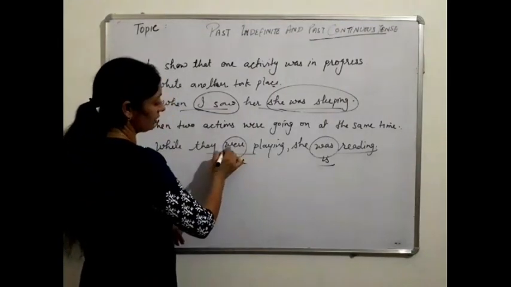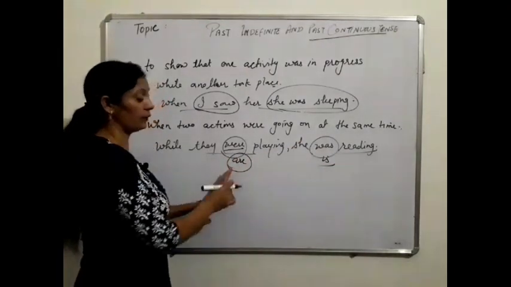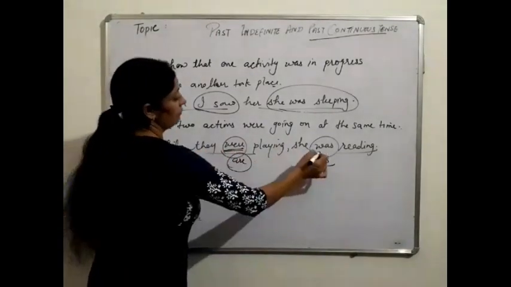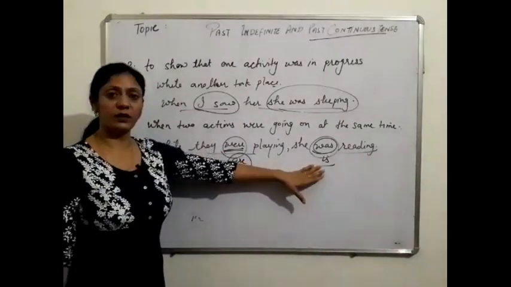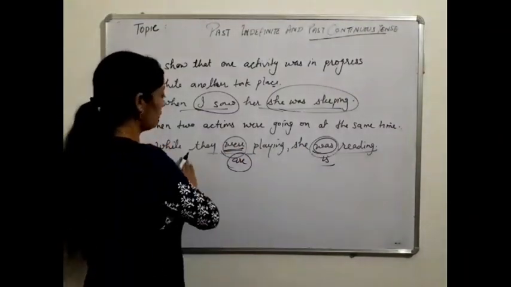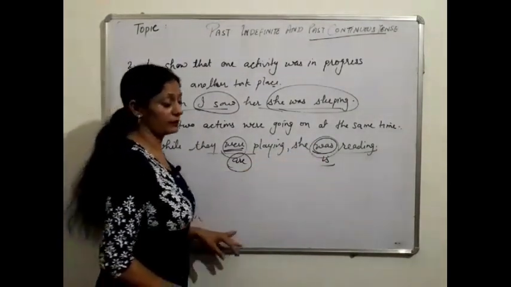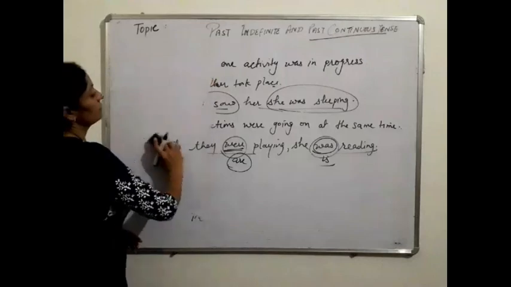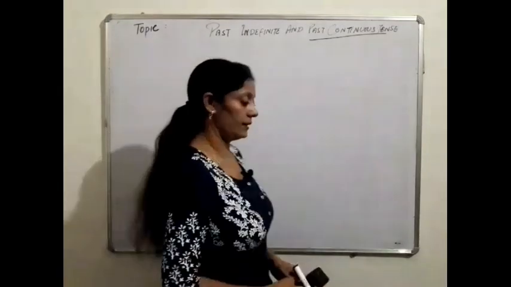But remember this, we can't write it as while they are playing, she was reading. In one blank we can't fill present and in the other fill past. In both the sentences we have to fill the same tense. If we are filling present in one, in the other also fill present, and if you are filling past in the first one, in the next one there will be past. While they were playing, she was reading. While they are playing, she is reading. Both are correct here. See the next one.